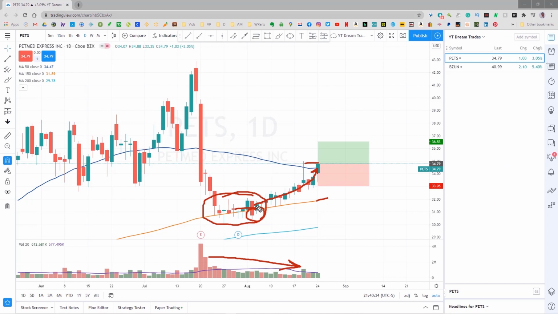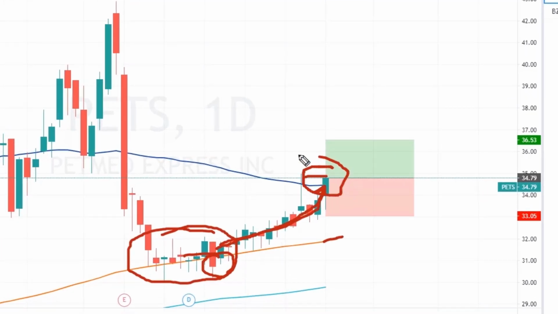Now, if you have a nice up move like this and then a break above the 50, that's pretty much our signal for these dream trades. The dream trades are a little bit more discretionary than the trading picks that I show you on the other days of the week. Now, I like this look here, so I took this just ahead of Monday's close at